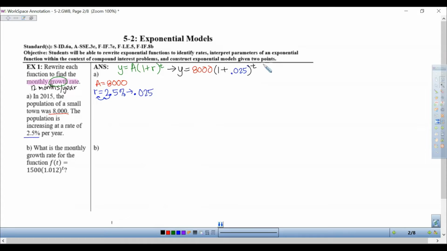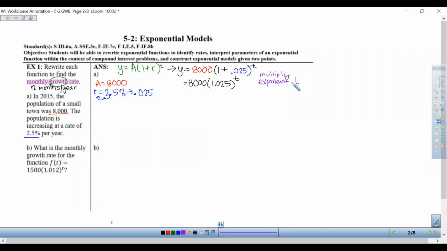Okay, so if I simplify that, we get 8,000 times 1.025 raised to the t power. So since I'm looking for this monthly growth rate, I am going to multiply my exponent,